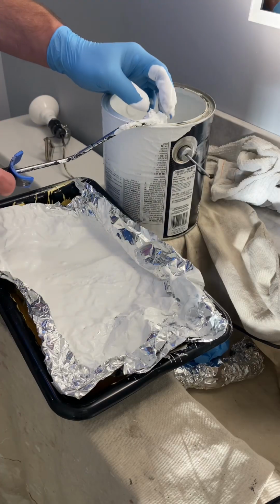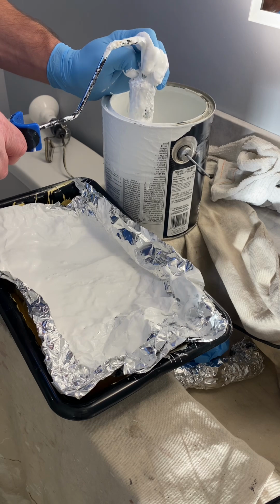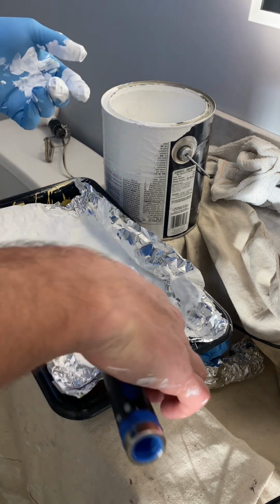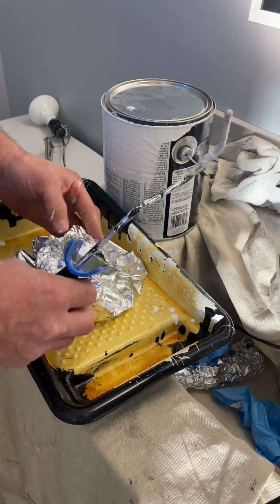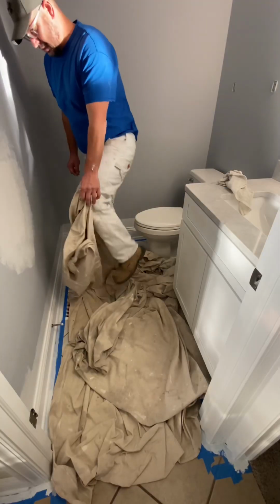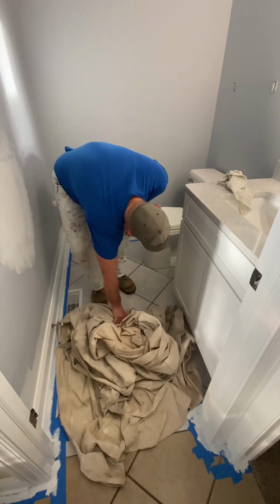It's time to clean up for the day. So I'm going to take this mini roller and stick it back into the gallon of paint so I can use it again. And then I'm just going to ball up this aluminum foil here with a little bit of paint left in it and throw that away. So we're going to let the ceiling and the trim work dry overnight, and we'll be back tomorrow to paint